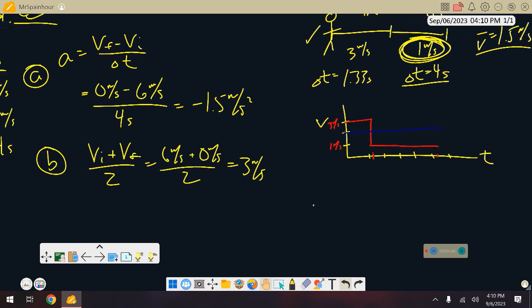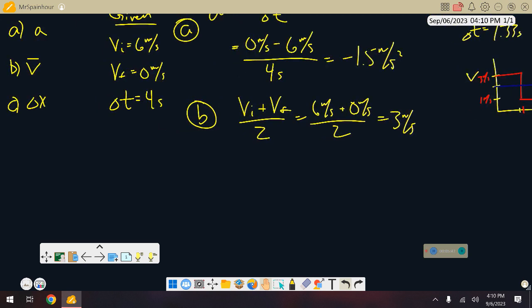When we come back to our example over here, we started at 6 meters per second, and end at 0 over the course of 1, 2, 3, 4 seconds. I believe it was 4 seconds. Yes. Okay. So now if you track this,